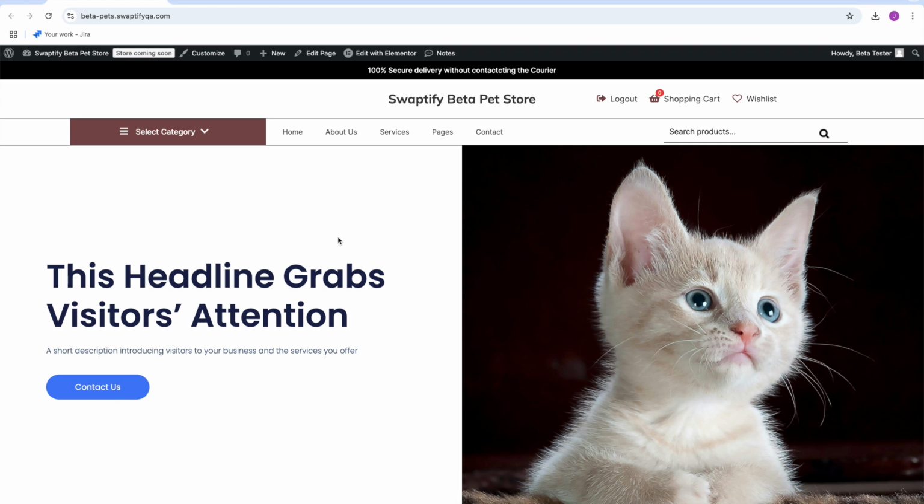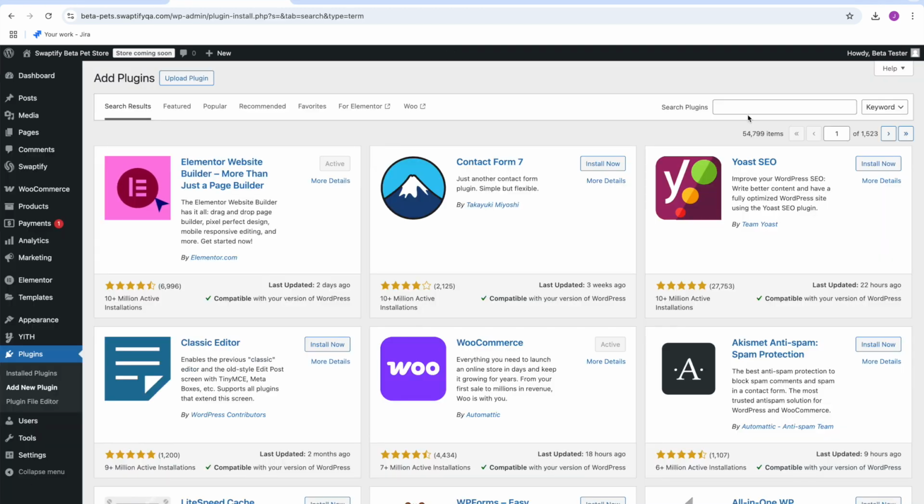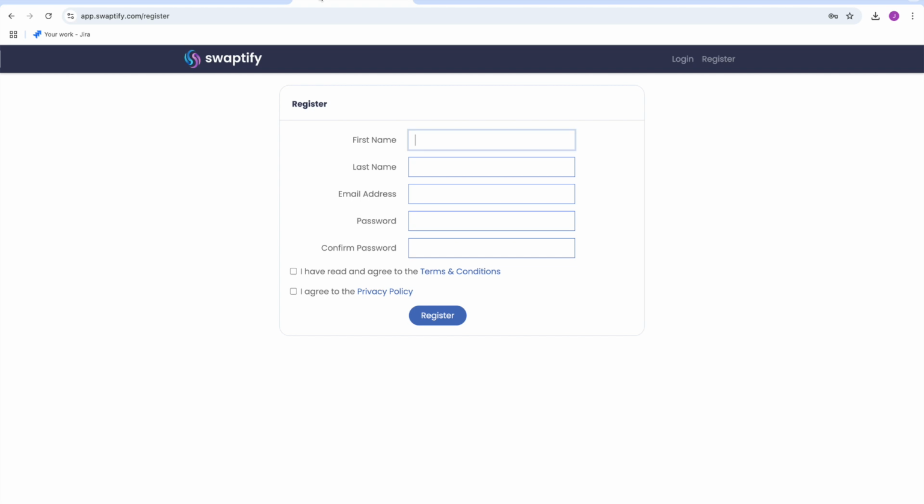So getting set up with Swaptify is going to require two steps: adding the plugin and then registering on Swaptify. So either you came here from Swaptify or you came here from the WordPress plugin store. Either way, you'll need to do the other things. So I'm going to get started by installing the Swaptify plugin on the WordPress side, and then I'm going to go through the registration and email confirmation process, and then I'll just do a little cut here and meet you